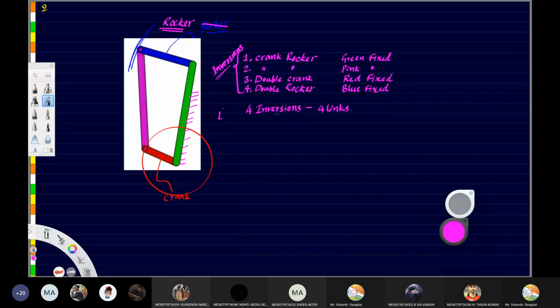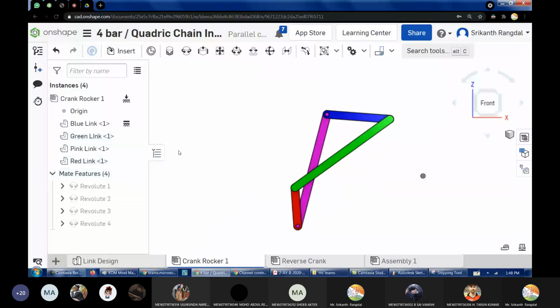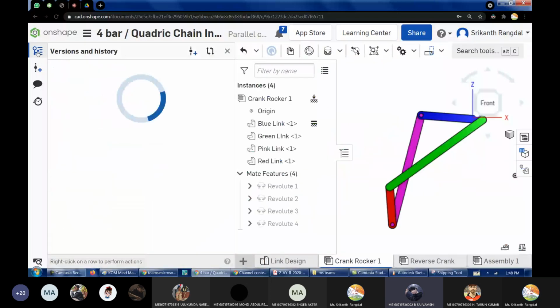Okay. So is this clear? Any doubts here? If anyone has any doubt, they can ask. I'm ready to explain it again. Is it clear? Because next we will be checking some special cases. So what are the special cases of a four-bar mechanism? Okay. So ready?